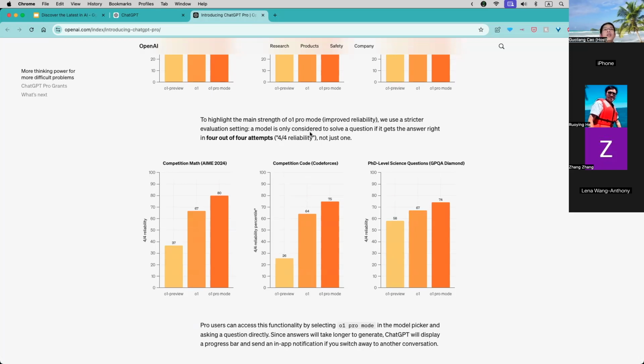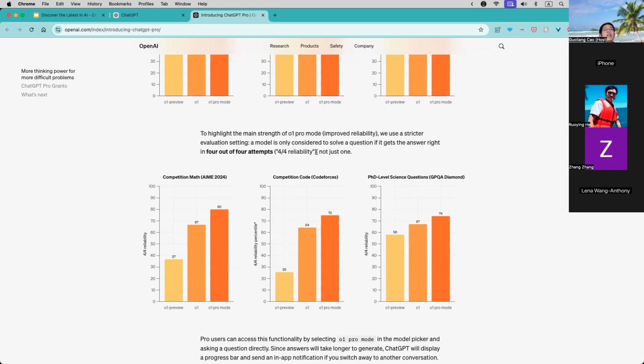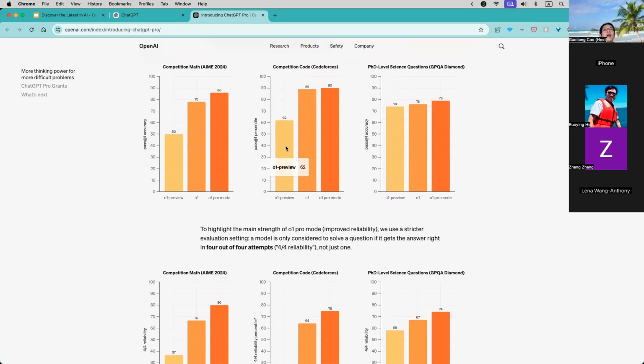A model is only considered to solve a question if it gets the answer right in 4 out of 4 attempts. I believe how that works is when they train the model and evaluate whether it can solve some problem, they ask the model to answer that question 4 times, and every time it has to be correct. Otherwise, it's considered not solved, and that improved the accuracy.